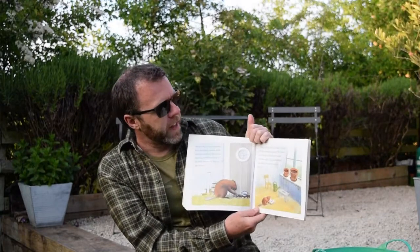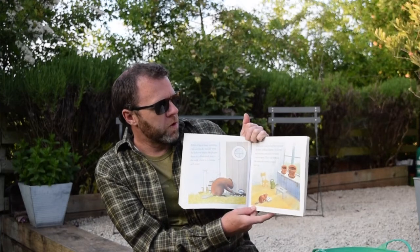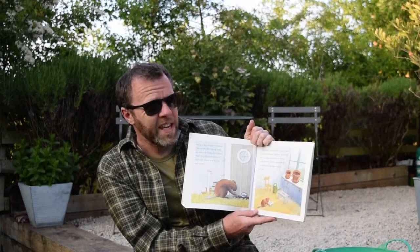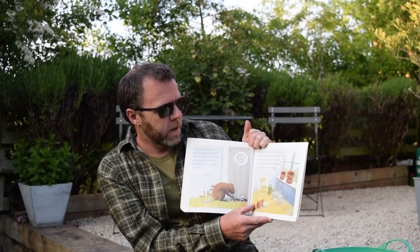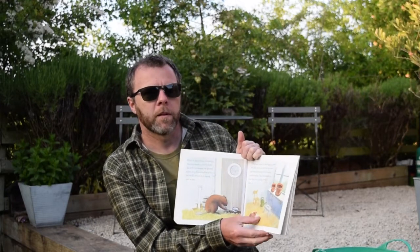At first nothing happens. He waters and watches and waits for nearly a whole week. Then one morning, just when he's nearly ready to give up, I wonder what could have happened. What do you think happened? He's been waiting for those beans to do something, and he's going to pop over and hopefully...